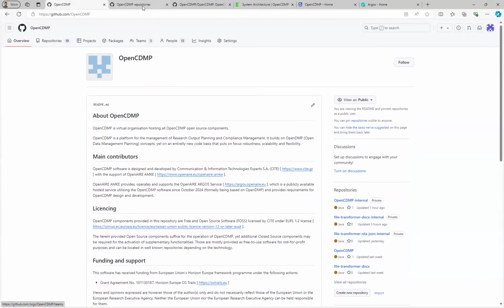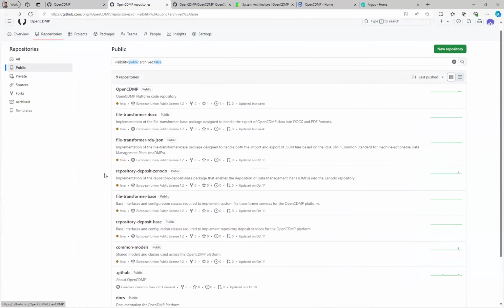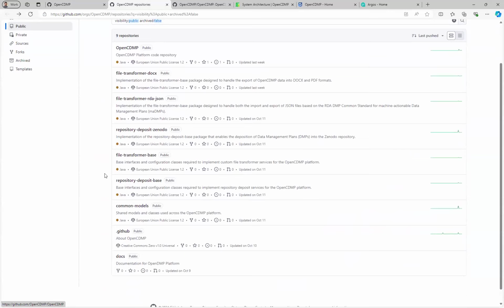This is the main page of the organization, and these are the repositories that we have right now. As I said, it's a microservice architecture. There are lots of completely independent services, so different repositories here.